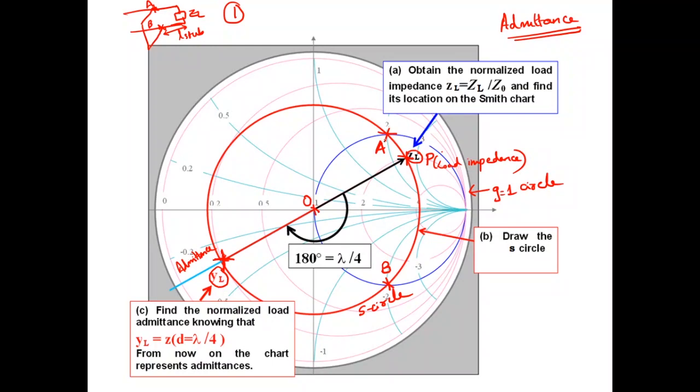So we have just identified the points only. We need the L stub, which has to be calculated from these points. Okay, this is point A and this is point B. These are the 2 possible points where you can place the stub. The admittance of the load is at this point. So the distance from YL to A, or the distance from YL to B, will give you the corresponding stub distance.